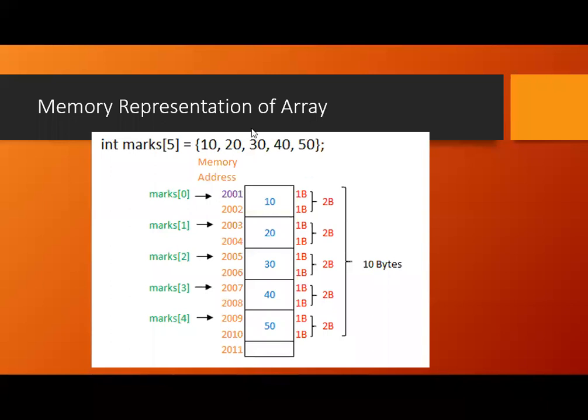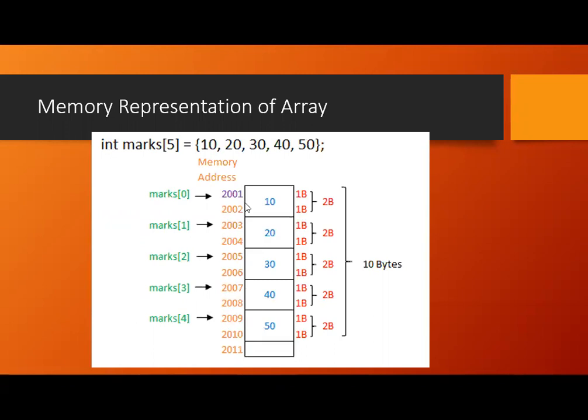Now, to add on to this particular diagram, when we say the array in this example, marks, when marks is declared, it has 5 elements, right? So for each of these elements, it requires 2 bytes of memory. So 5 into 2, total 10 bytes of memory will be allocated in the computer memory block, right? This particular block which I have highlighted here is actually 2 bytes of memory, then again 2 bytes of memory, like that total 5, 2 into 5, that is 10 bytes will be allocated, right?